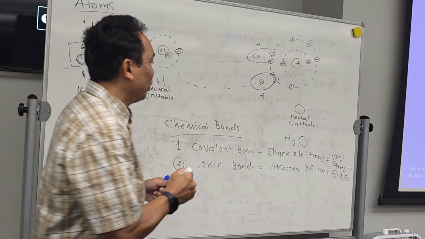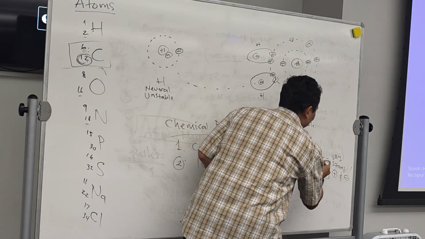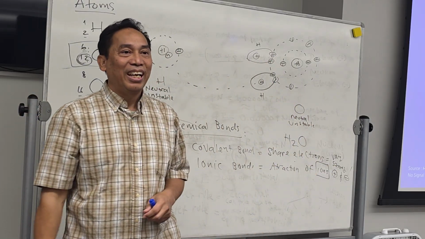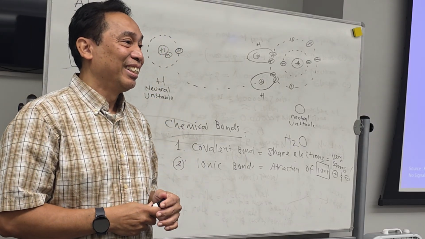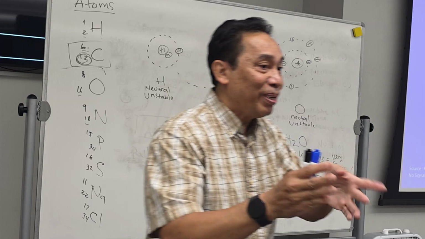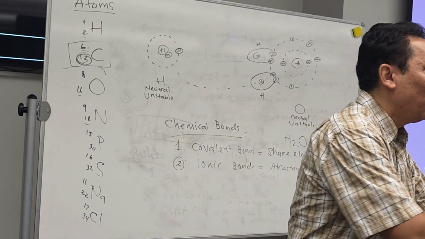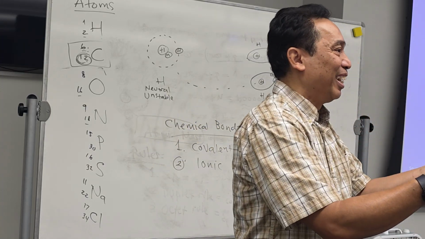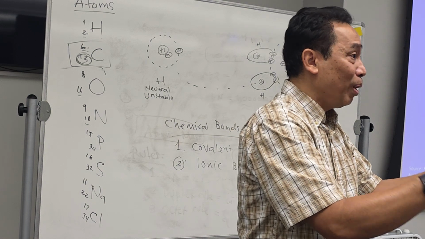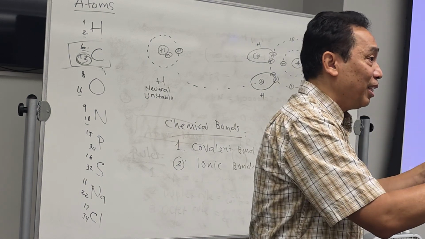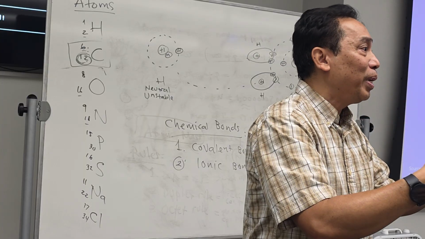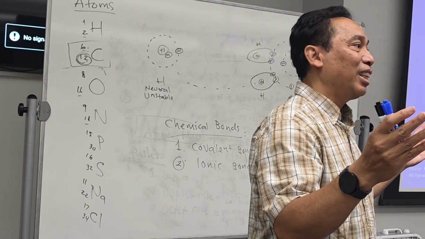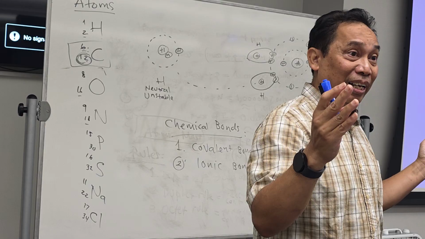Now the question is, what is an ion? That's the question. Anybody know what an ion is? An atom that has charge, which is an atom that loses or gains electrons. Therefore, it has charge. Remember, an atom will always be what? Neutral. Whenever it has charge, it becomes an ion. It's not an atom anymore. Can you follow this, right?